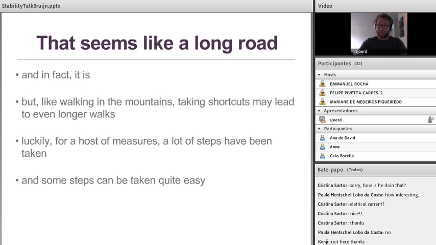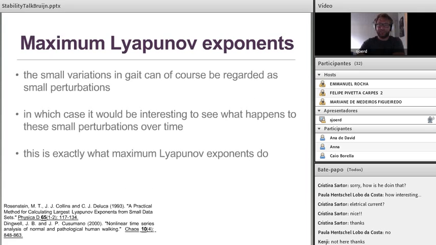Okay, so then we'll move on. So now I want to talk about some gait stability measures, and I've just selected 3 because I could talk for hours, and we have only 45 minutes and we're already nearing that. So the first one I wanted to talk about is the maximum Lyapunov exponent, because it's a quite popular measure. A lot of people are using it, and also